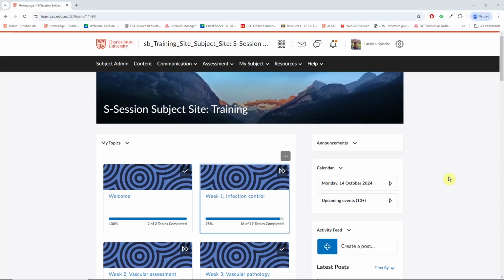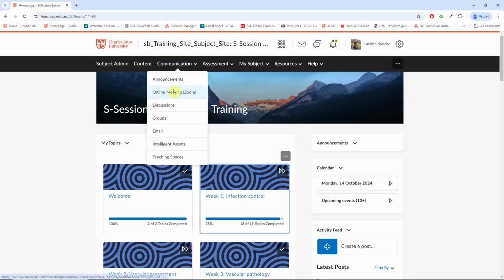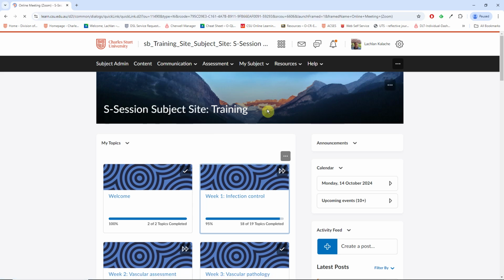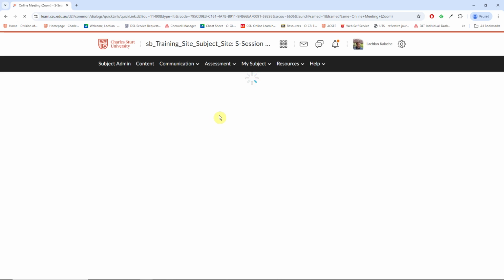So let's have a look at the Zoom integration in Brightspace. We find the Zoom tool underneath the communication nested menu, and it's available to both students and staff from here. You can't find a link to the online meeting Zoom tool anywhere else. You've got to go through the communication menu, and when we open the LTI, so it stands for Learning Technology